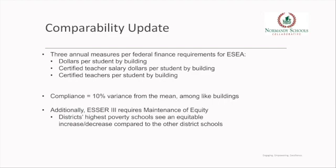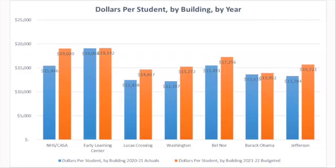In addition, ESSER 2, with the about $13 million that's coming with ESSER 2, requires us to have what they call maintenance of equity. And that means that we need to make sure our highest poverty schools see an equitable increase or decrease compared to the other district schools. And I wanted to share some of that comparability data with regard to dollars per student. You can see